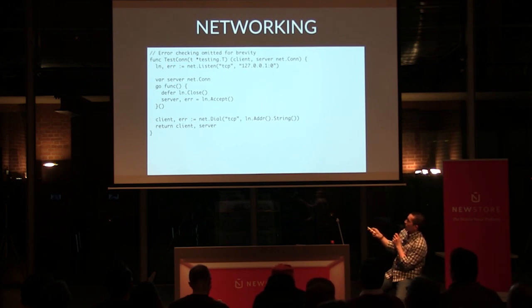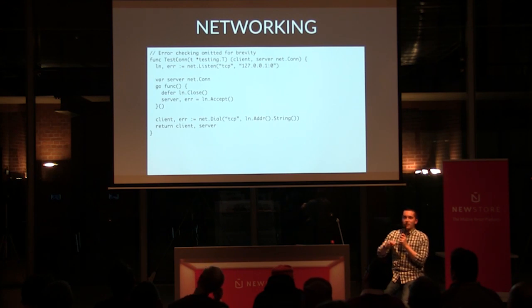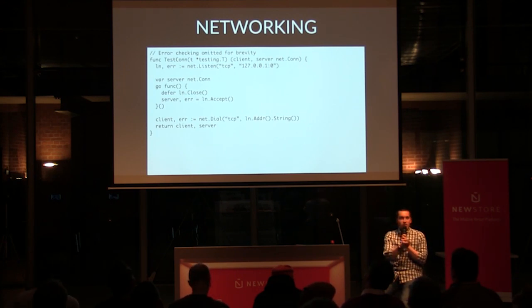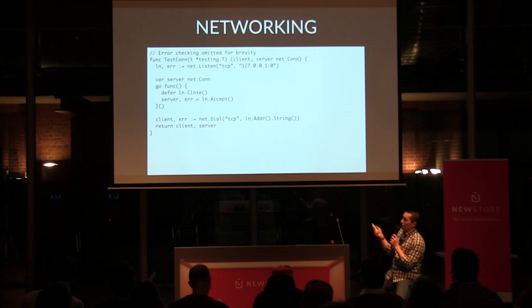So choose a port, make a listener, in a goroutine, because some stuff has to happen in parallel here, actually have the listener accept a connection, and we're deferring that it closes, so you don't need the listener to be alive to keep your connection alive. Once the listener accepts the single connection, it's a test, and for this case it knows it's never going to receive another connection, so it doesn't need to stay alive. Why burden the caller with closing it? So the moment it gets its first connection, just close it, set it on some things,